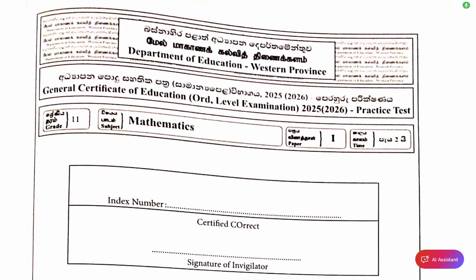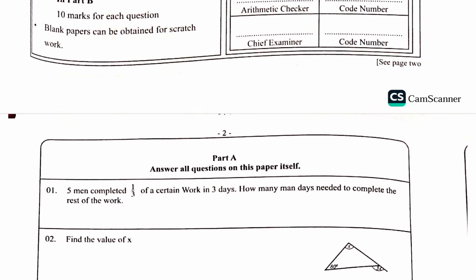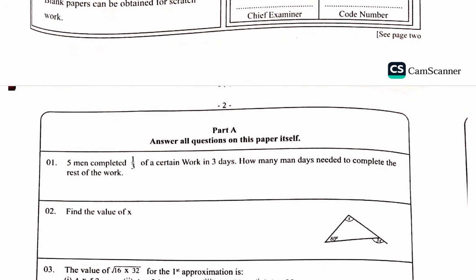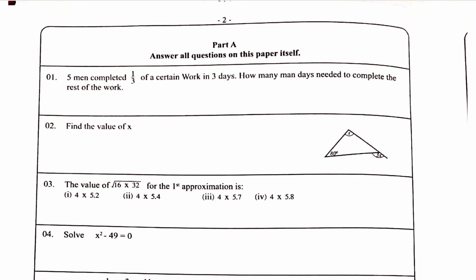Right, let's look at the Western Province practice paper for O-level mathematics. So let's look at paper 1 part A. First question says